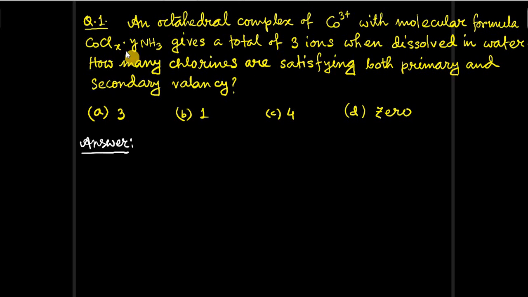So first come to the structure. You will have a complex ion of cobalt and you will have Cl2. Then you will have a total of 3 ions, one is the complex ion and 2 chloride ions. Now since it is an octahedral complex, a total of 6 ligands will be there inside the third bracket, since all are monodentate ligands here, only ammonia and chlorine. Now it is a cobalt 3 plus complex, so the total anionic charge for the 2 chloride ions is -2, so the complex ion must be +2.